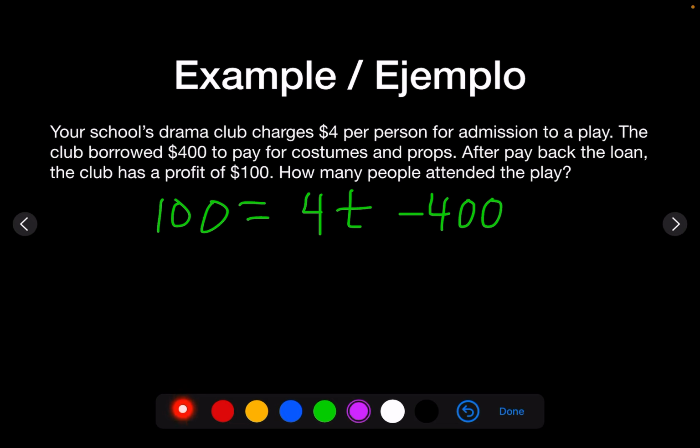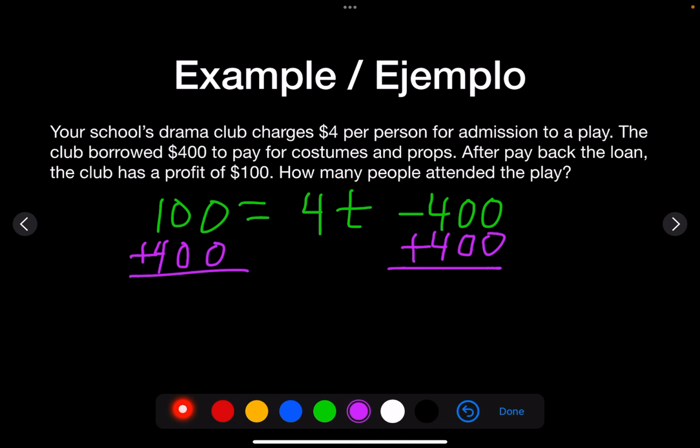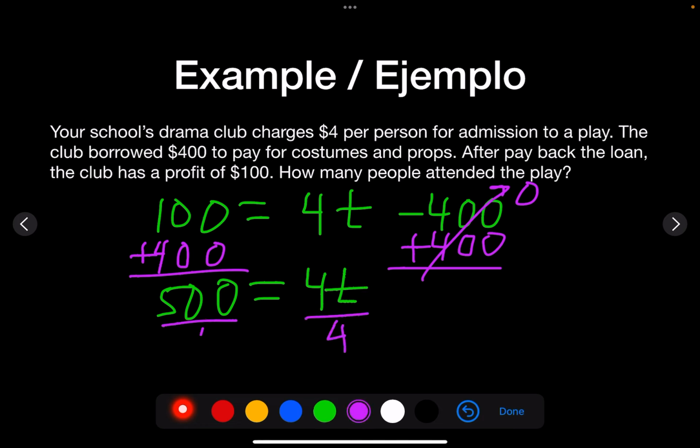So let's solve it. So we're going to get the T isolated first by combining the numbers. And so this 400 needs to go to the other side using its additive inverse. And that's now a 0. And so we get on the left-hand side, the sum of 100 and 400 is 500. And that equals 4t. And then we divide both sides by t's coefficient. And so t is equal to, this is going to go in evenly 125 times. So 125 people